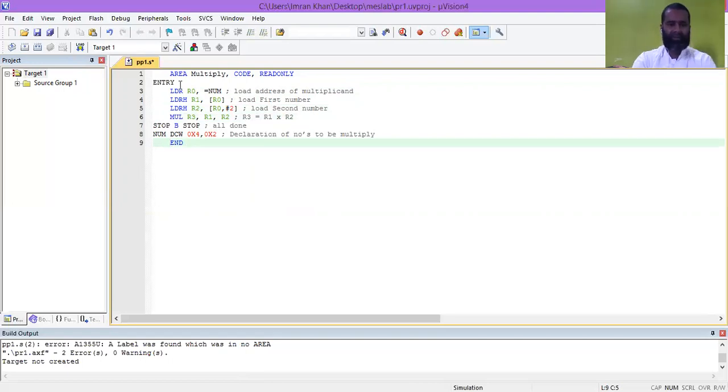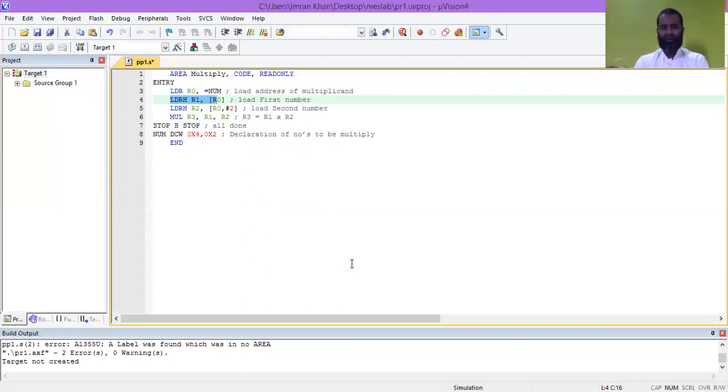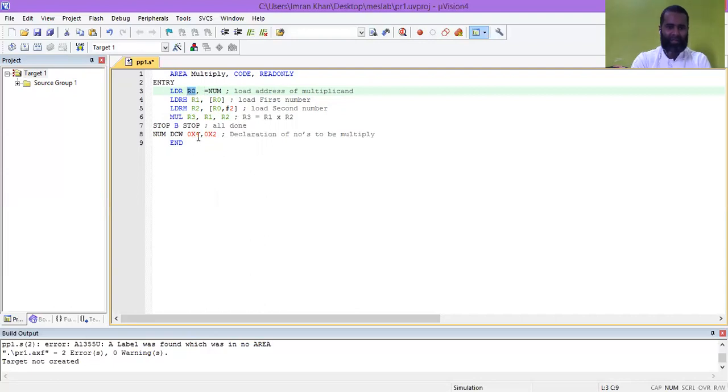Okay, so after giving the tab space, now what we are doing here, we are loading two 16-bit numbers. So that's why LDRH. What is LDRH? Load register with half word. Half word means, one word is 32-bit in the microcontroller. Here we are loading a half word, that means 16 bits, into register R1. R0 is pointing to the first memory location of num. So LDR R0 equals num loads the address into register R0. R0 is pointing here, load the first number, the content at R0, into R1.